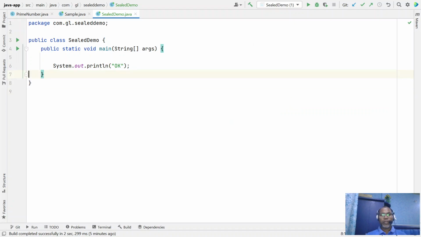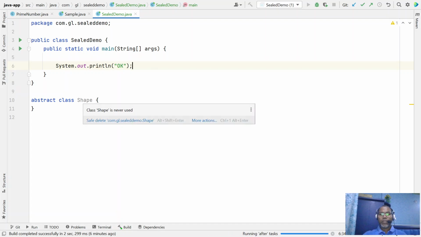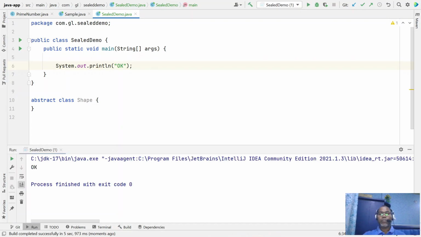So let us look at an example of how we are going to use these modifiers. If you write any abstract class like Shape, your compiler is happy, and if you run this code it still works. But here you made the class Shape abstract, and till now there is no implementation available, so what is the meaning of this Shape?